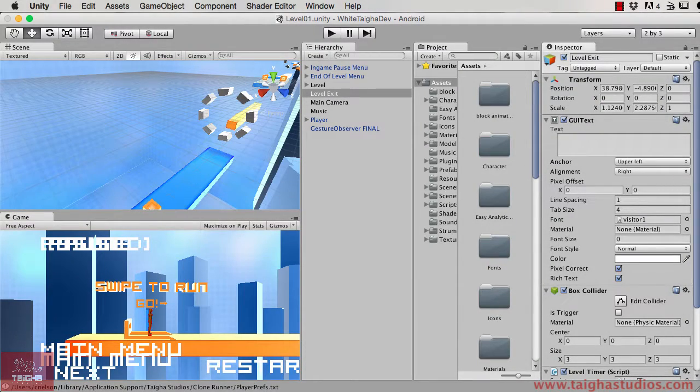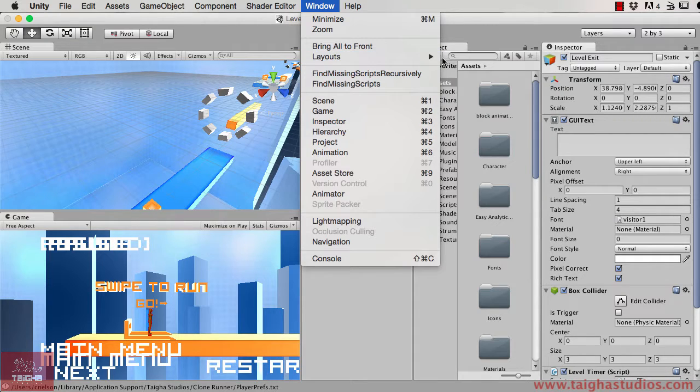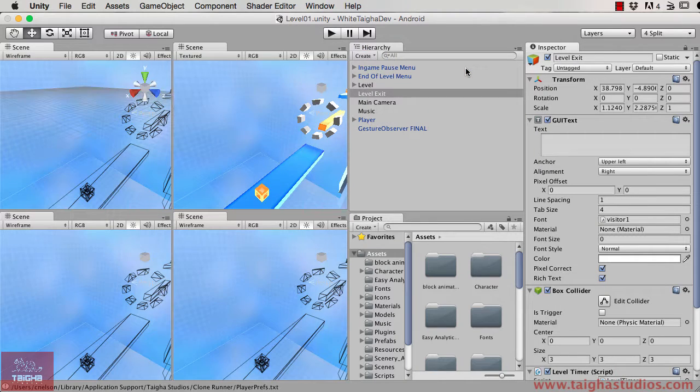So let's take a look at the Unity interface first up. I'll just mention there are a number of different ways your screen might look if you've just installed Unity. If it looks a bit different to mine, just come up to the Window menu, go down to Layouts, and you'll see a number of different layouts up the top there. So I've got it on 2x3. You can also go to 4 split,